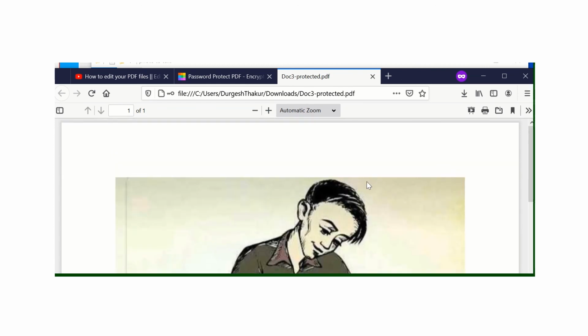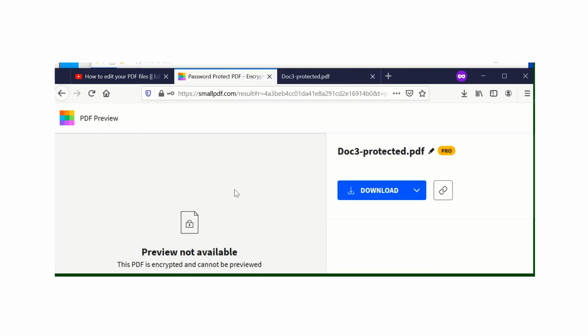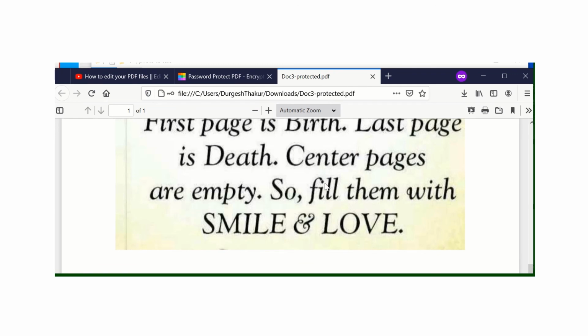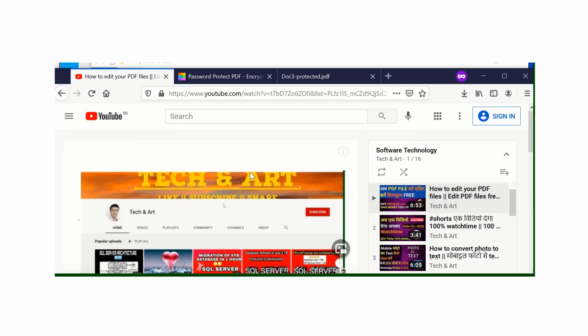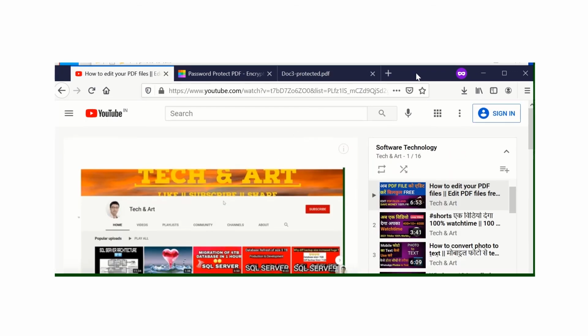Your PDF is now protected, right? So this is a pretty good website. Through that you can do it easily, free of cost, no money, right? So that's it, guys, for today. The session was only for these three documents: how to protect your Word, Excel, and PDF. That's also free of cost, no extra charges, right?